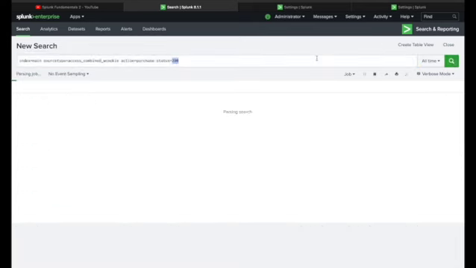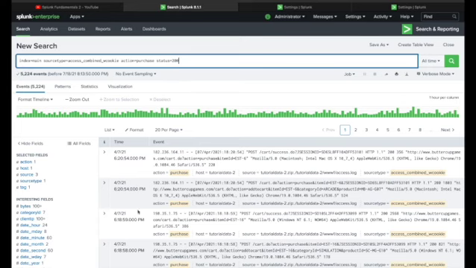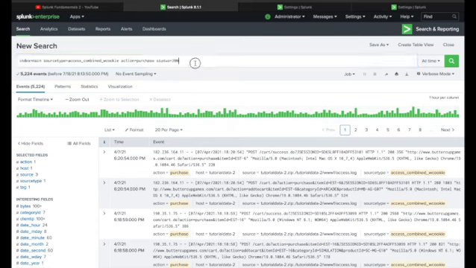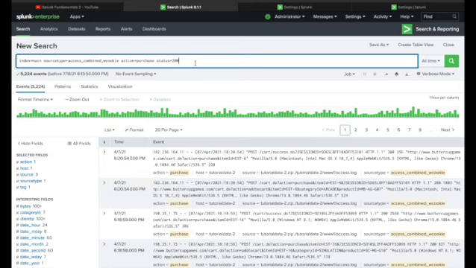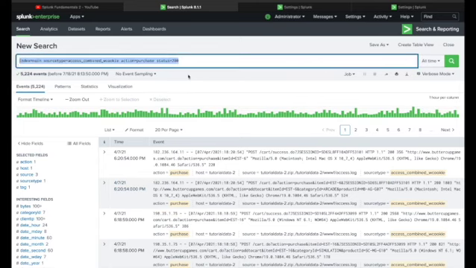First I will check whether my search is running fine, and whether it is giving the desired data. Once I'm confident in my search, I'll copy that search,